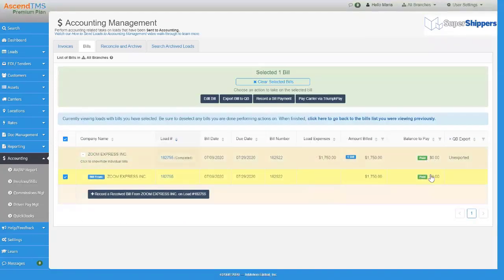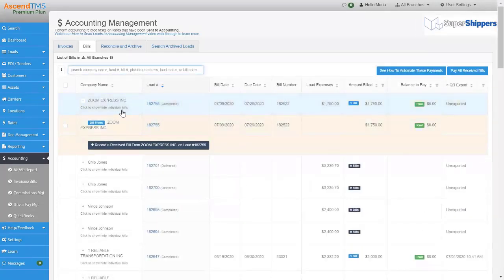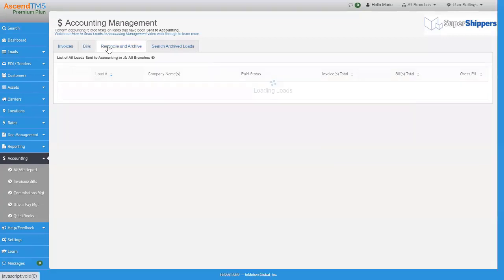Now we should see balance paid in full. You've got that nice little hover over. This gives you a little bit more info there. All right. From here, I understand that you guys aren't going to be paying the invoice, then paying the bill, and immediately going through all 4 tabs at once. The flows are going to be different, but when you have a fully paid and settled load, meaning your invoice has been paid by your customer and you've marked that it's been paid, your bill has been paid by you and you've marked it's paid, the next logical step is to reconcile and archive.